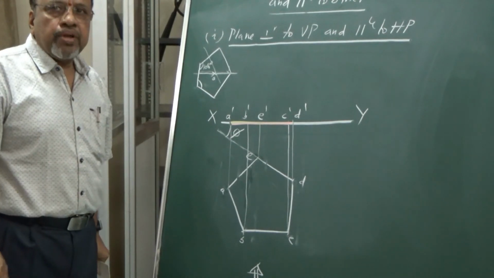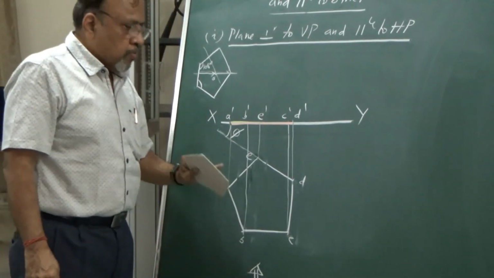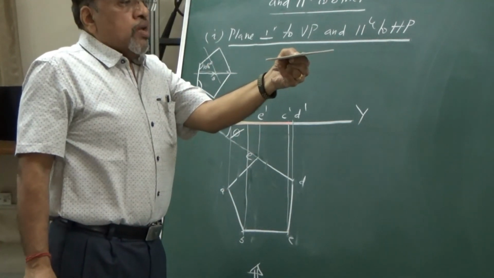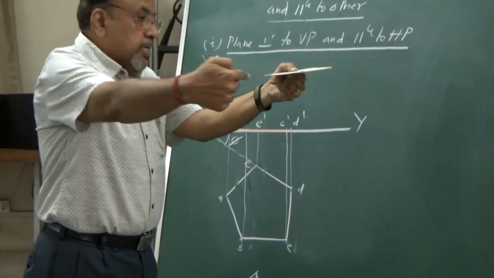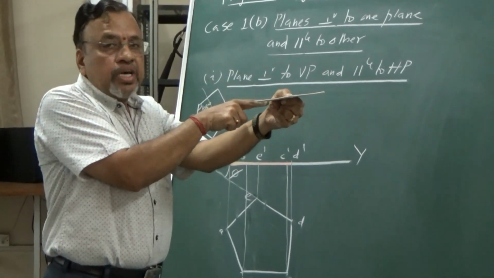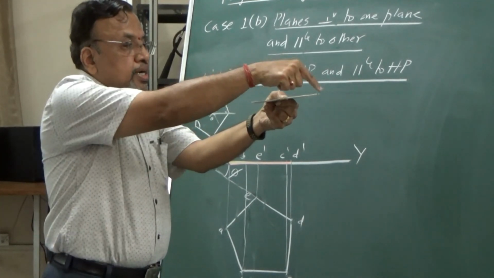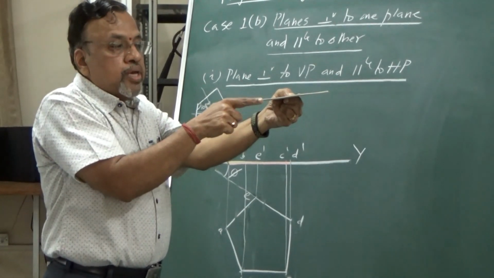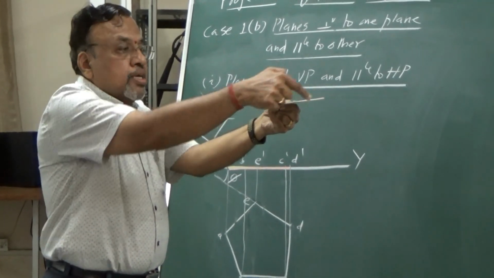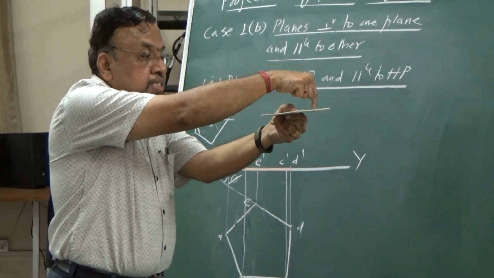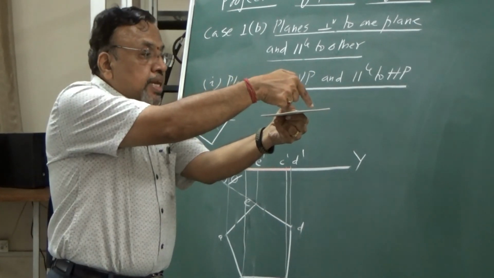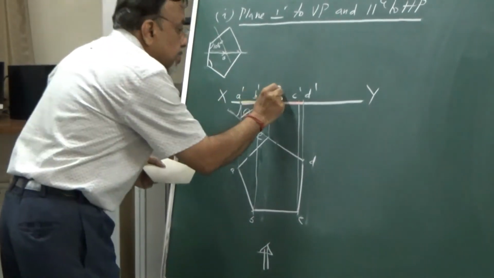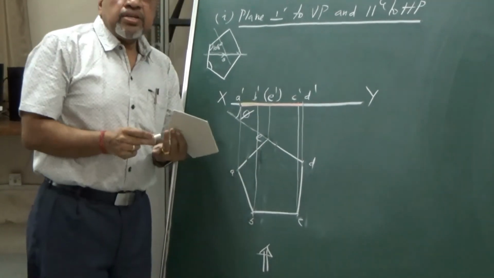Now as you can see, is this front view complete? I will say it is not complete. Why is it not complete? Again, see this. For the observer, which are the points you can see? I am holding it in this way, and if I view like this, I said that I started from here. Now I said A, B, C, D, E. For the observer, A can be seen, B can be seen, C can be seen, D can be seen, but he cannot see E. Since I cannot see E, E has to be in brackets. So I will put this E in brackets. Is it clear? So this is the solution.